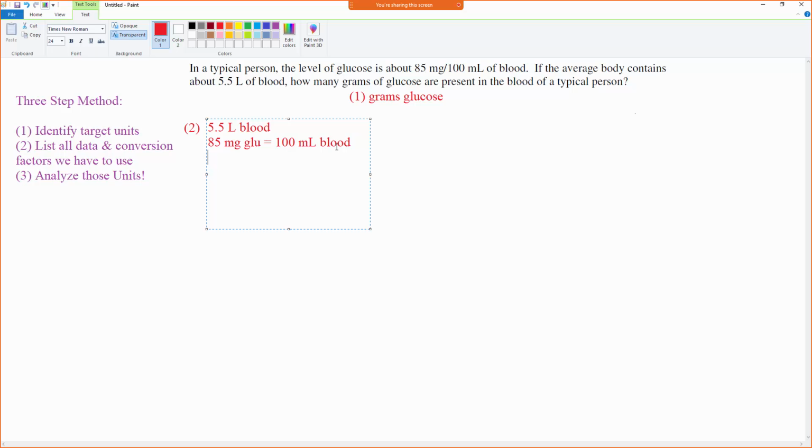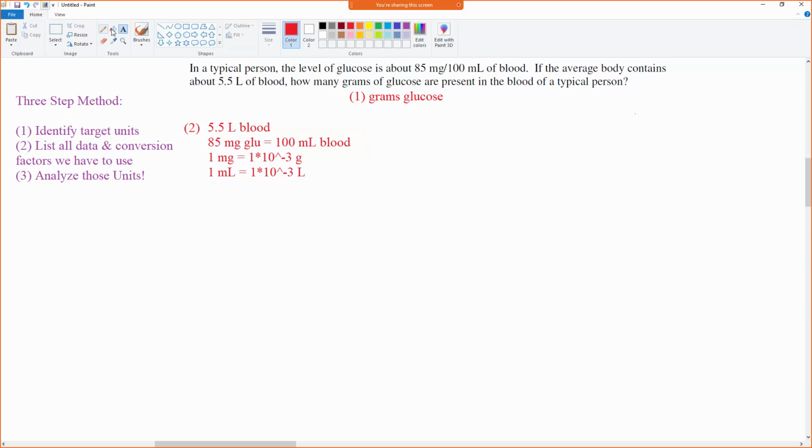What else am I going to need? I'm going to need milligrams to grams. So this time let's do 1 milligram is equal to 1 times 10 raised to the -3 grams. Right? And we're going to need milliliters to liters. It's going to be the same conversion factor though, right? Because milli means the same thing. So 1 milliliter is equal to 1 times 10 raised to the -3 liters. Perfect. Anything else? Nope. Okay. All right, then